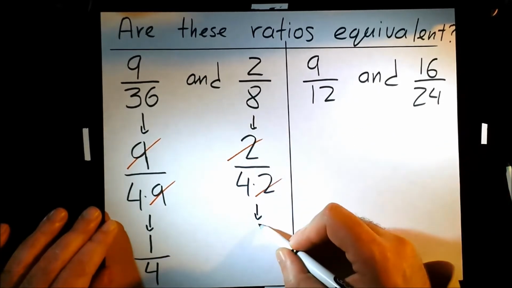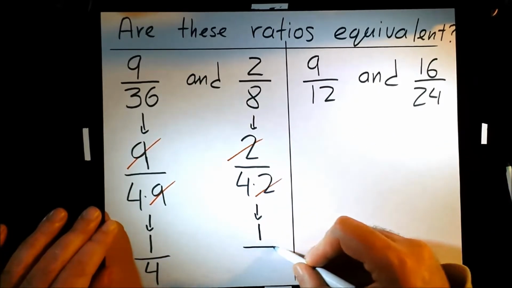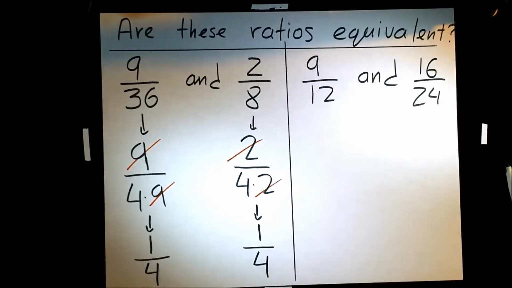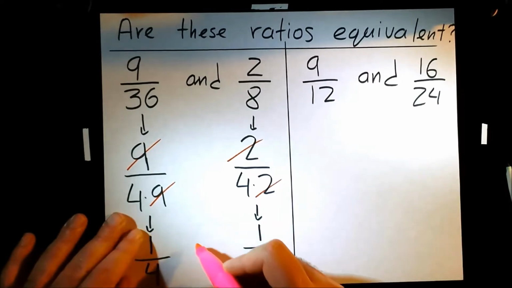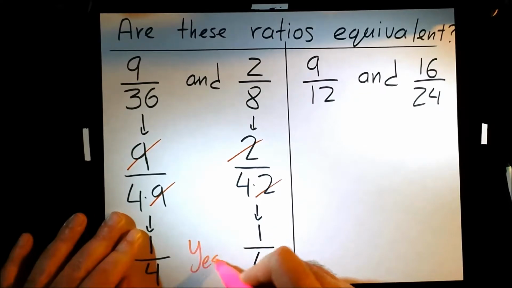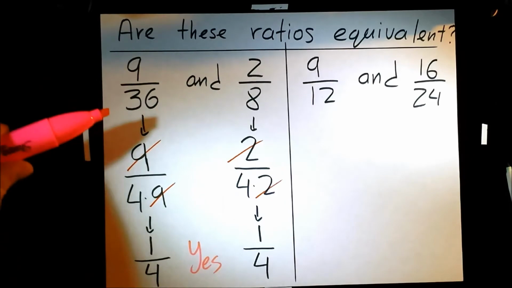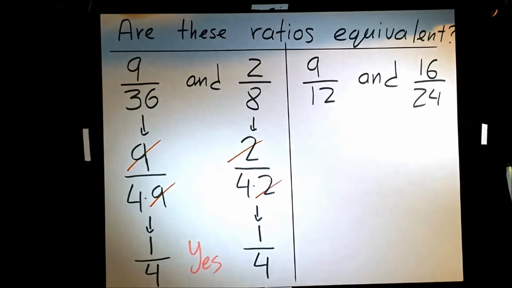Nothing on the top, so we'll just say 1 and 4 on the bottom. Are these two equivalent ratios? Yes, they are. So in return, 9 over 36 and 2 over 8 are also equivalent ratios, which means they're